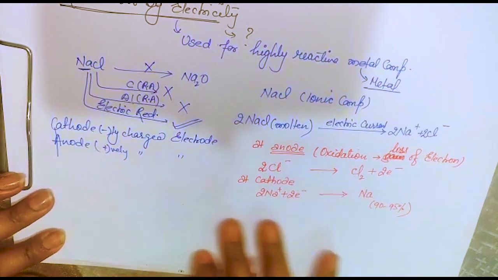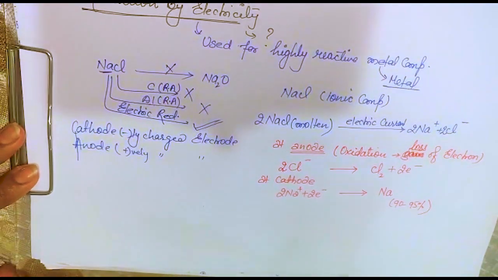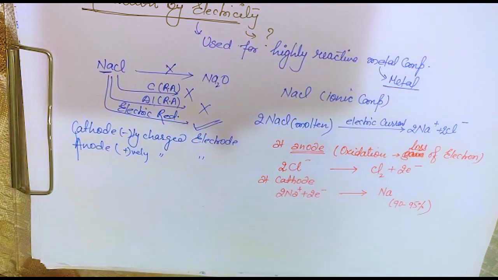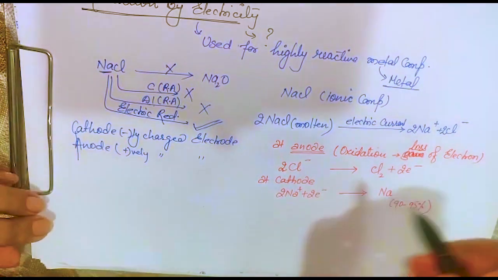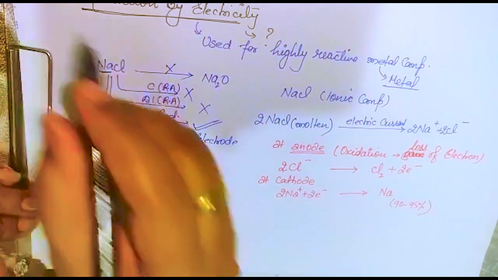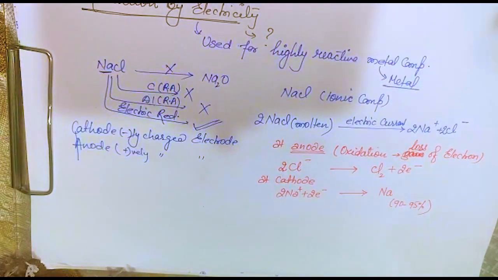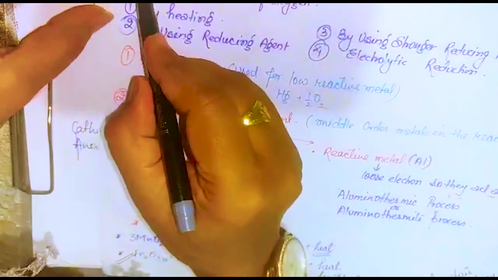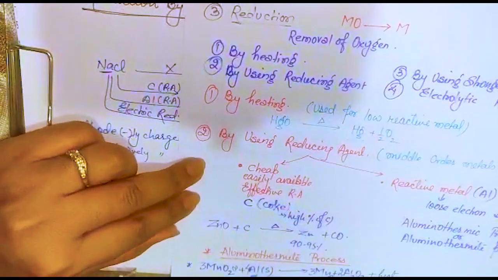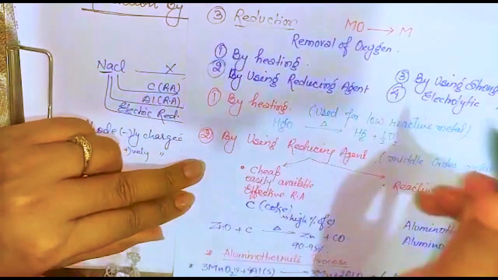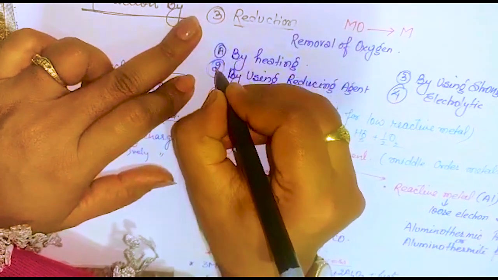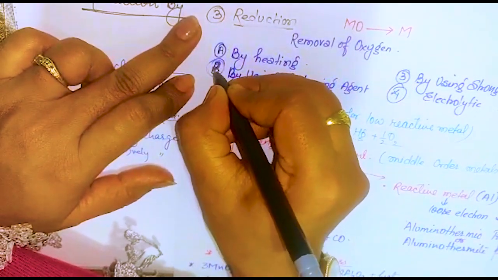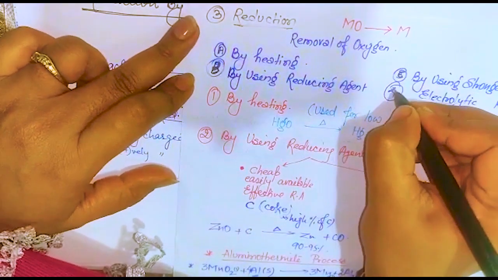So now if we want to get this pure metal, what are we supposed to do? We have to do electrolytic refining. So this was the fourth method under the reduction process. If you check, I have written it somewhere. Yes, here it is written. Let me mention it as 1, 2, 3, 4. So let me mention it: this is A, this is B, this is C, and this is D.